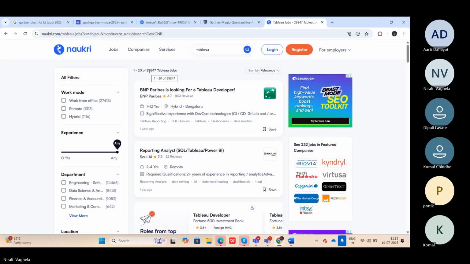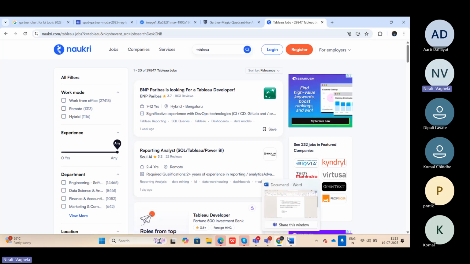So here, it's not mandatory, but it is good to have knowledge of multiple tools, like Tableau or Power BI. If you have experience of both, what will happen is, let's say today you have been working on Tableau, you got hired in a company and worked on a Tableau project, and tomorrow the project has ended and they no longer have a Tableau project. Then you have the Power BI skill set, so they will deploy you on a Power BI project.